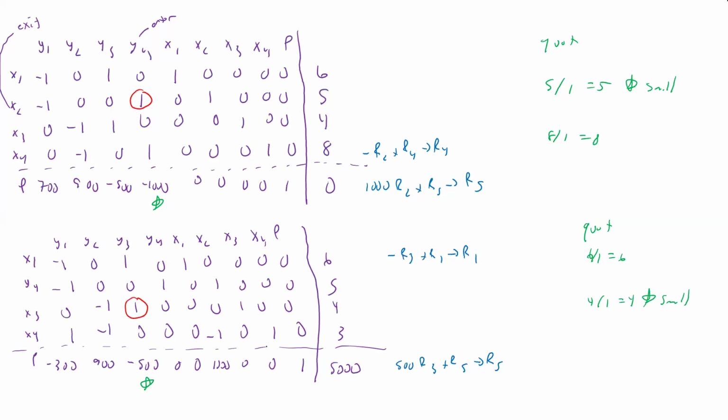So we go down to the next row. We better which ones are entering and exiting. So Y3 enters and X3 exits. So it's X1, Y4, Y3. All right. So we're going to have X1, then we had Y4, Y3, X4, and then we had our P, and we had Y1, Y2, Y3, Y4, X1, X2, X3, X4, P, and